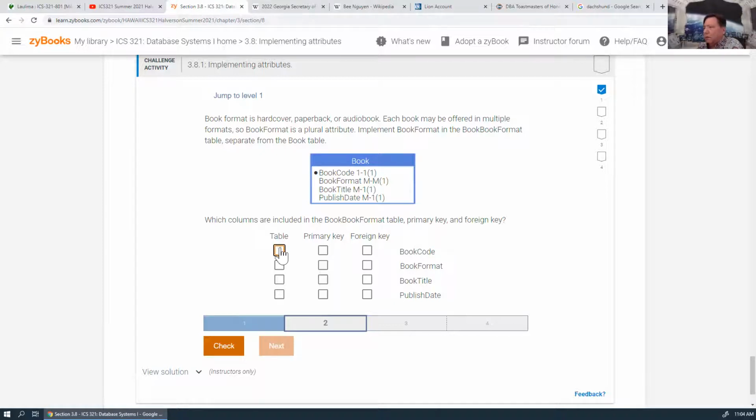What is this? Okay, first of all, the whole table itself. You have a book format table. Okay, the book format table just says 3 records in it. I think so. Yeah, okay, so I guess they would have a book. I guess the table just has that. I guess so. And what's the primary? Book code? Isn't the book code associated with